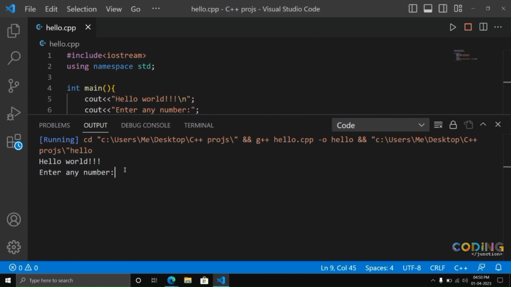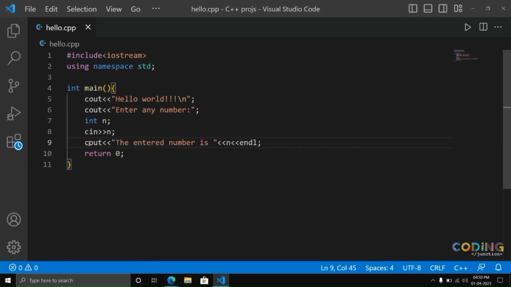Now you can see here it's asking to enter any number. So if you try typing here, you will not be able to type anything. So this is good only for a static program where you are only getting the output, you are not inputting anything. Like it's asking to enter any number, but I am not able to enter anything. So to fix that, what I'll have to do is first I'll stop the execution and close this panel,